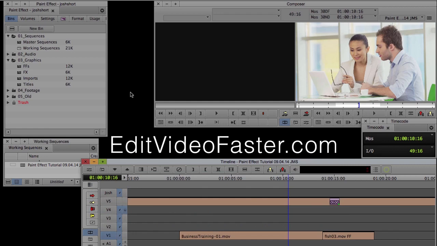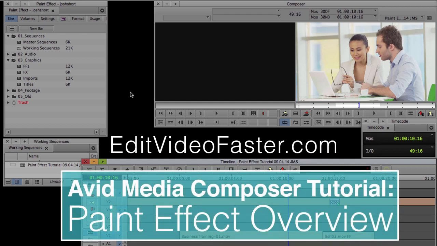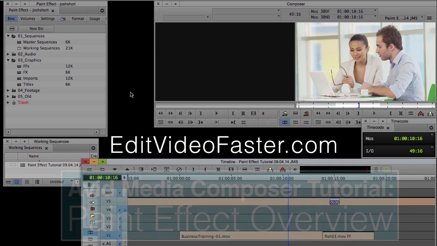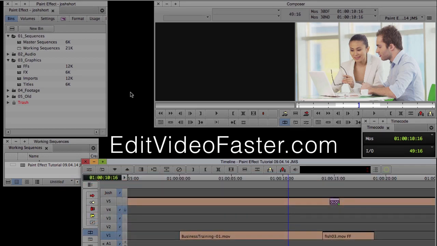This tutorial is an overview of the paint effect in Avid Media Composer. This one is going to be a little longer than some of the other tutorials that I've done, but I am going to go pretty quickly through it, so if there's anything you want me to go over more in